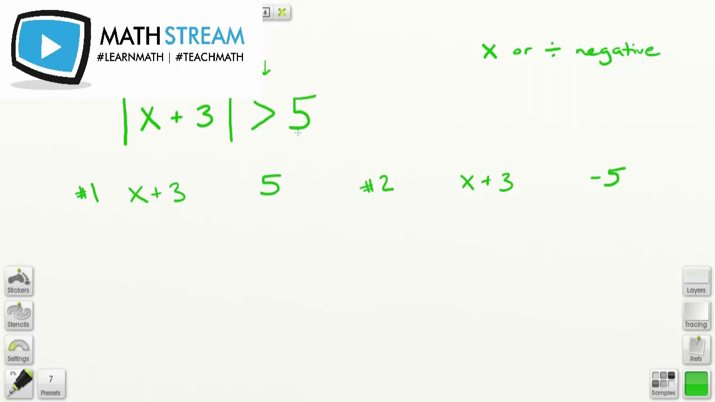If I keep my number the same, 5 and 5, I keep the sign the same. But if I change the positive negative sign of my answer, so instead of 5, I have negative 5, then I have to flip the sign. So here it stays the same because it's greater than 5. Over here we are less than negative 5. And if you're wondering why that happens,